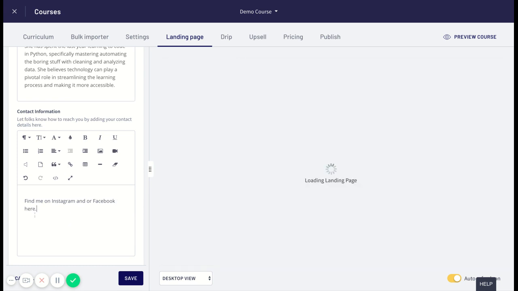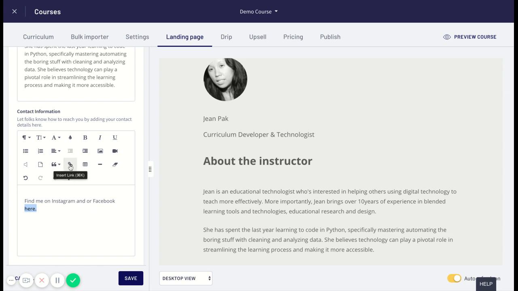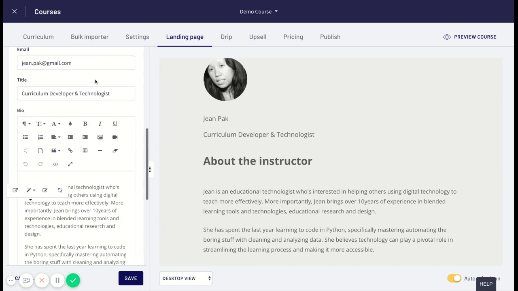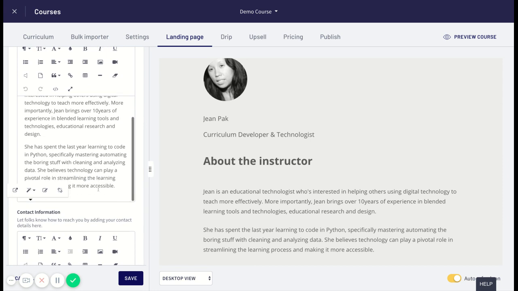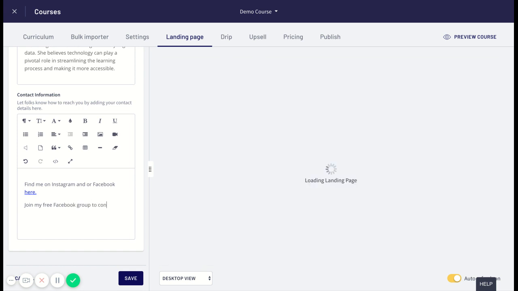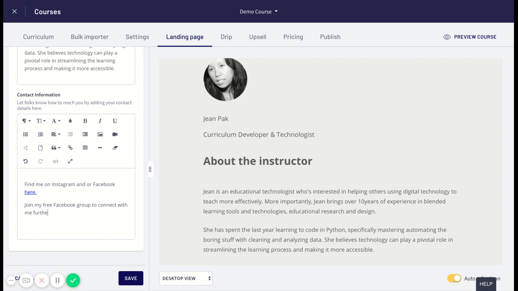here, and then add a link here to your Facebook account. And you can choose to have them open in a new tab as an option. But that's a great alternative if you don't want to list your contact information, because people might send you a lot of emails and questions. Have people reach you via social media and join a Facebook group. You might even want to say, join my free Facebook group to connect with me further. And this is a really great way to